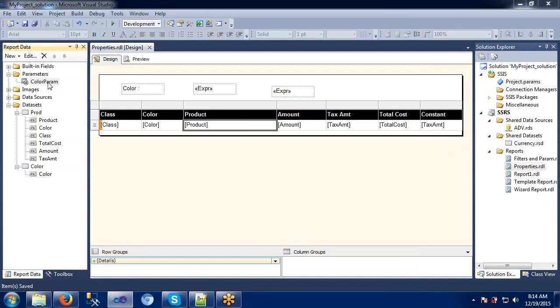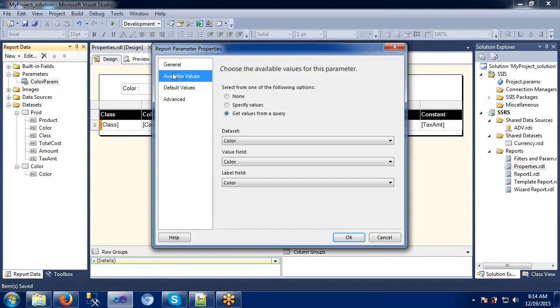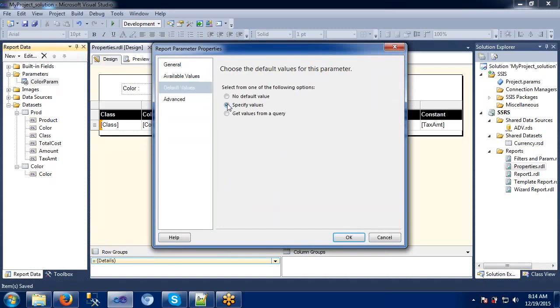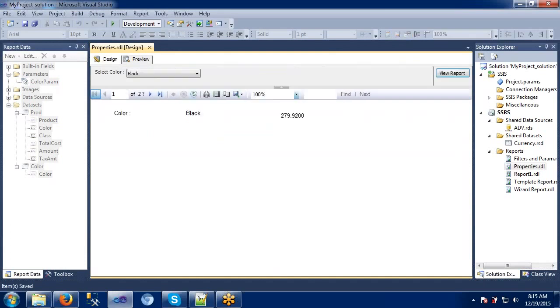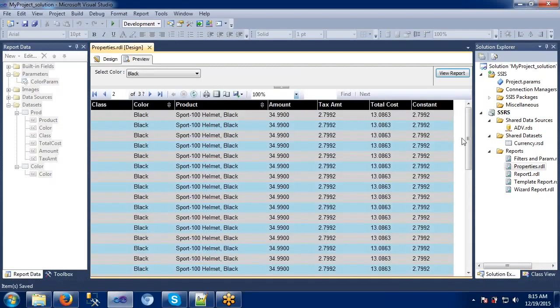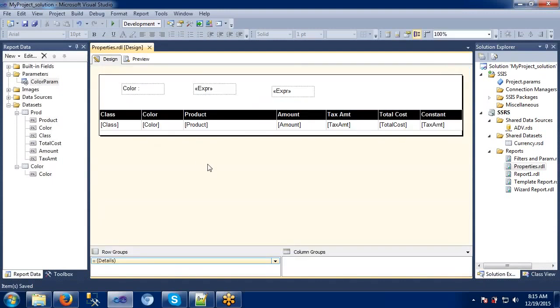In this parameter, I would like to give some default value, specifying some blank, so that every time when I preview this one, it should not ask me this one. Okay, this will be generated here. When it's a default value I have given, that's it. Okay, blank here. So like this we can use these data sets. In these situations we are using this one.